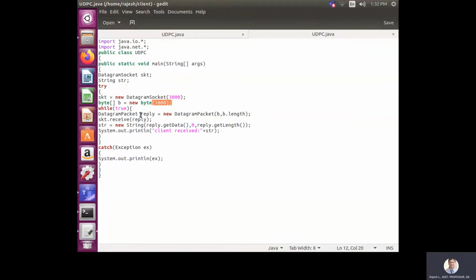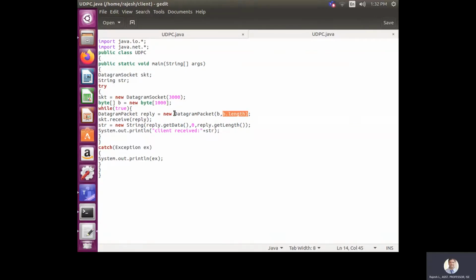Then DatagramPacket, named reply packet. To this packet, I need to read the content entered by the server, so I give b comma b.length. b.length is how many characters have been entered.